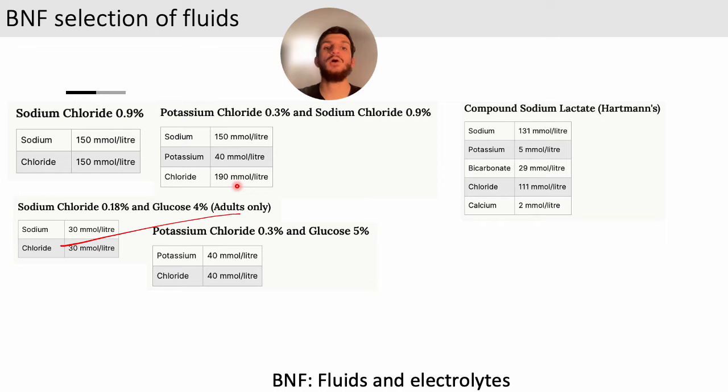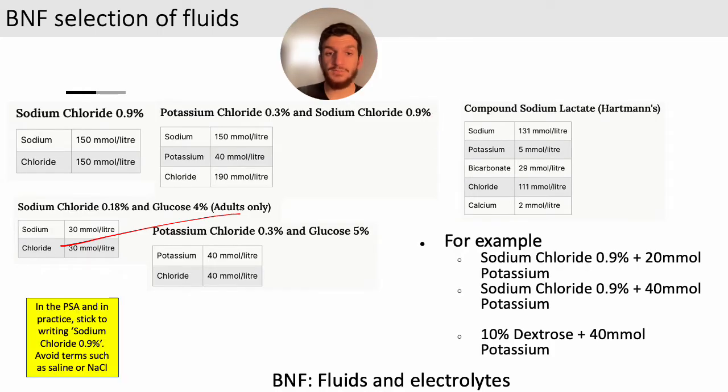Next, we've got our compound sodium lactate, our Hartmann's. So with Hartmann's, we have a little bit of potassium, but remember, the one unique thing about Hartmann's is the fact that we cannot add potassium to this. So when you're prescribing, here's some possible options that you may want to prescribe. You'd add the volume, of course, but normal saline 0.9% plus 20 millimoles of potassium, normal saline 0.9% plus 40 millimoles, or similarly 10% dextrose plus 40 millimoles. So going on to prescribing